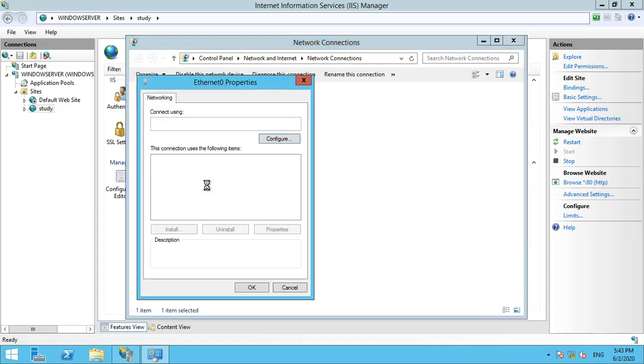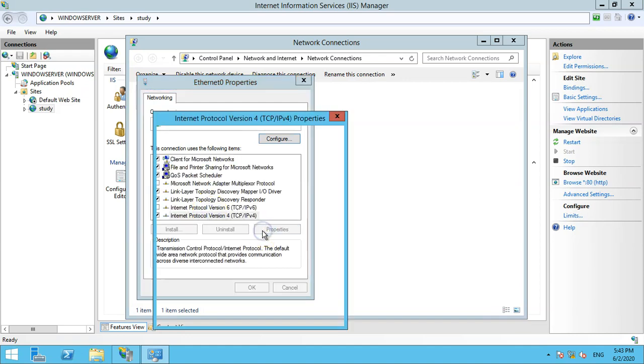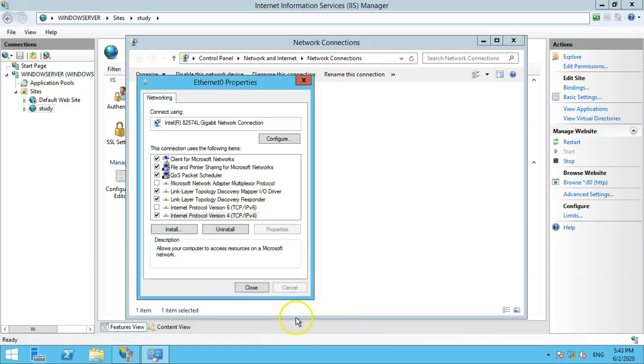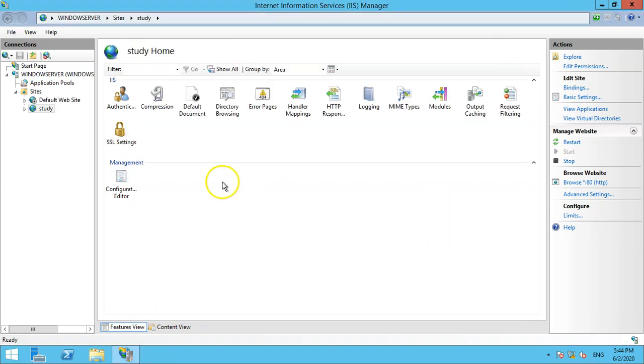Under the IPv4 settings, I'll click on properties and I can see I have put the preferred DNS server IP address as 192.168.50.137. This is the IP address of your DNS server, so make sure you are putting the correct entry in the DNS server. Click OK, close. Now I have already hosted the website, so let's try to open it with the name.